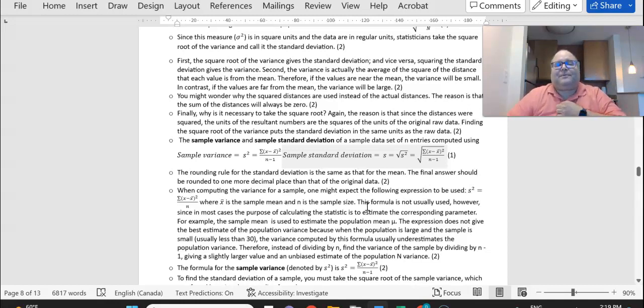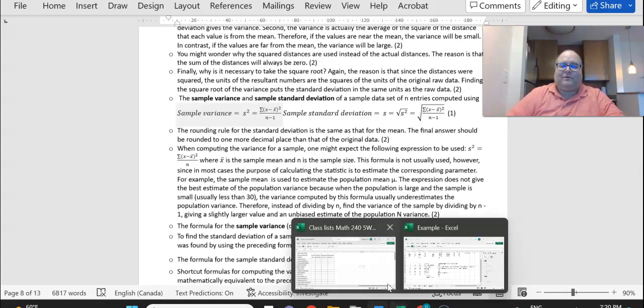So our sample variance, S squared, is the sum of x minus x bar, the data value minus the sample mean, squared, over n minus 1, with our sample standard deviation being S, which is the square root of the sum of x minus x bar squared over n minus 1. And this can be found